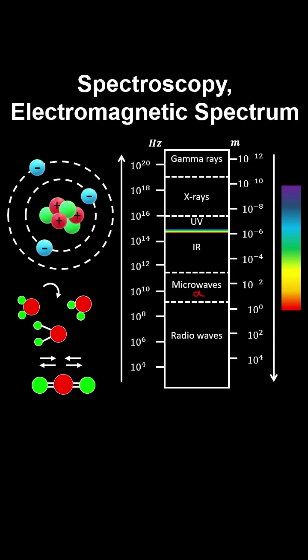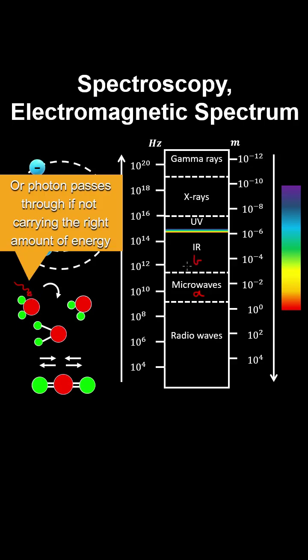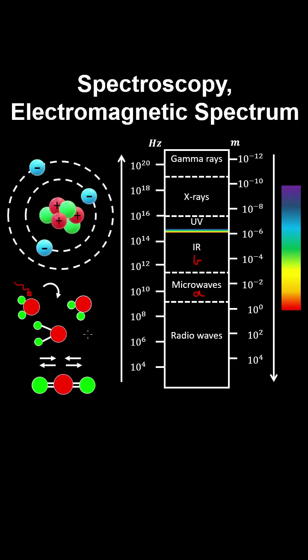Now microwave radiation is associated with transitions in molecular rotational levels. So when a photon interacts with a molecule, the molecule rotates. Now infrared radiation is associated with transitions in molecular vibrational levels. So for example, if this H2O molecule absorbs a photon, then it vibrates based on its molecular geometry until the